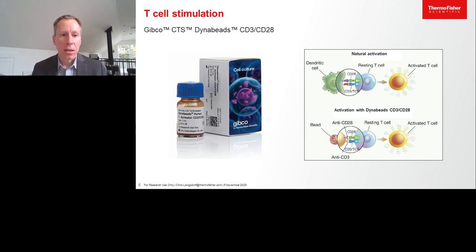This is called the Gibco CTS Dynabeads CD3 CD28. Now, these are the same magnetic beads, except they're now coated with antibodies against human CD3 and CD28. So this will do two things. First, it will positively isolate T cells from your PBMCs based on the CD3 binding to this T cell receptor. Second, after isolating the T cells, this will very aggressively activate and expand, meaning encourage our T cells to proliferate